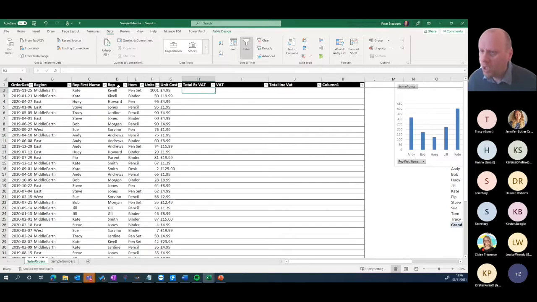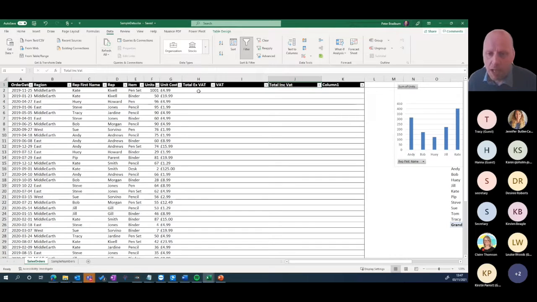So I want to show you a few basic formulas that we can use to start manipulating the data. Why might you want to do this? Well, a classic example is if we're trying to create a total, we're trying to add something up or trying to create an average. And I'll show you how we go about doing that in a minute. The first one I want to do, you can see I've got some columns along the top here. And this is a sort of classic thing in an